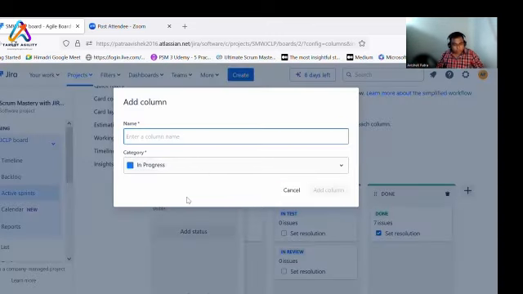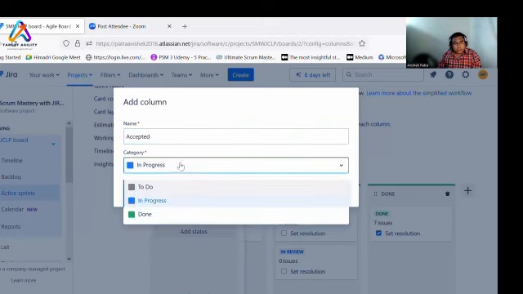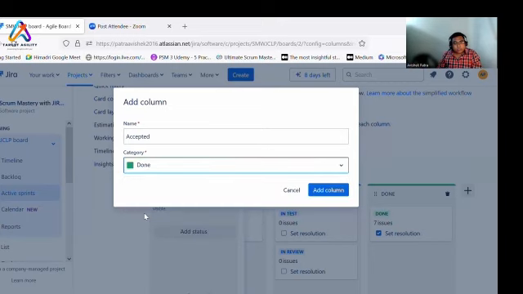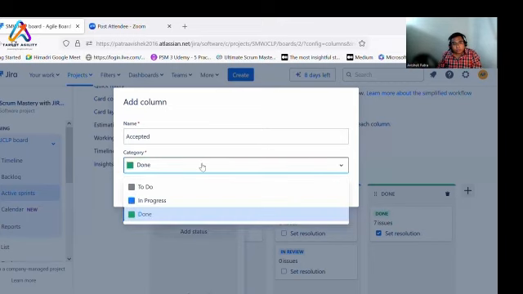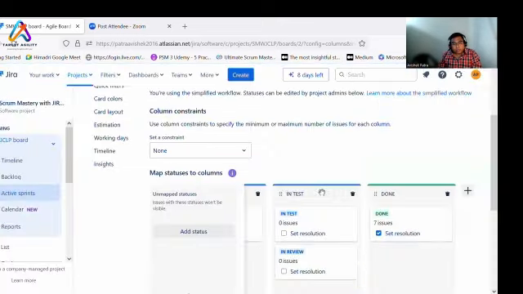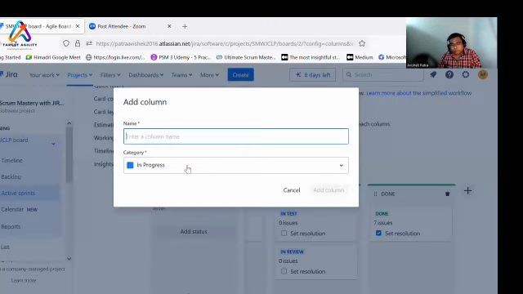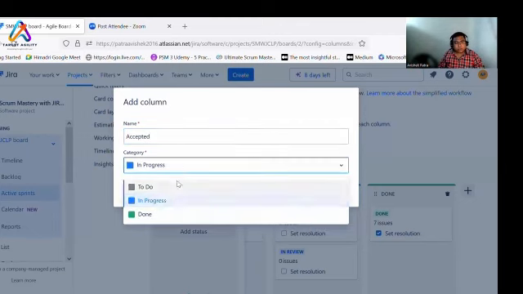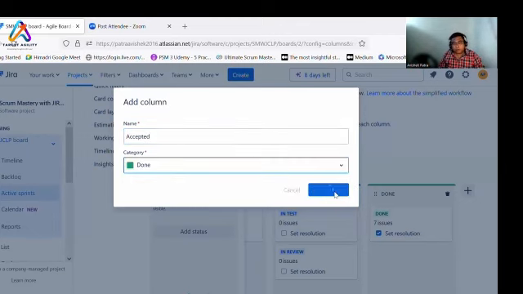create this one, and a column will be created. So you can say accepted, right? The accepted category we will treat as done, and then we will put in an add column, accepted. Okay, done, add column.